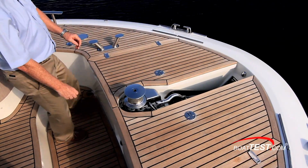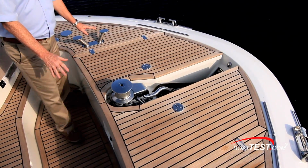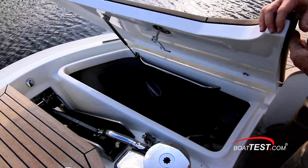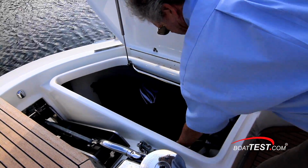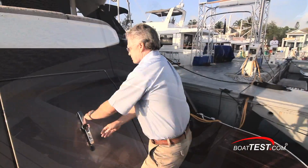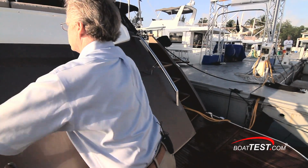The crew can step down to work almost waist high to the foredeck. Quick windlass, stem-mounted anchor. Deep storage compartments to either side, and look at this. Emergency fire hose. Let's take a look at the engine room, which is accessed from a watertight door at the